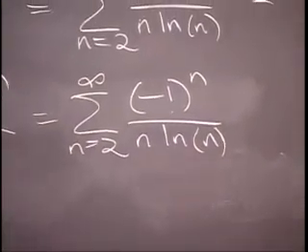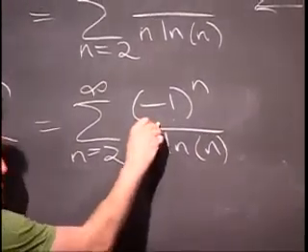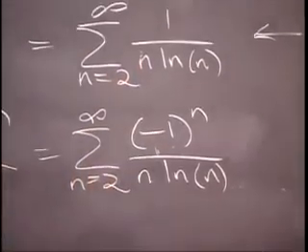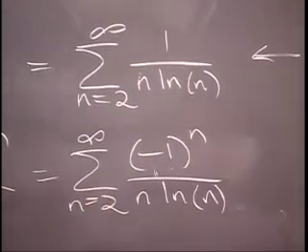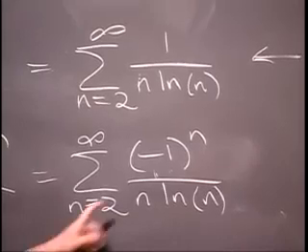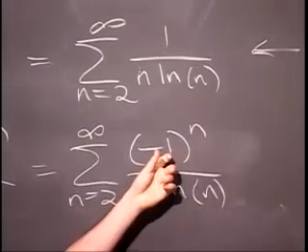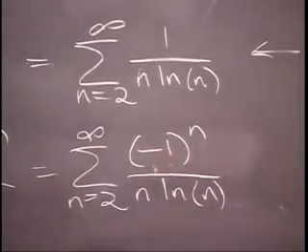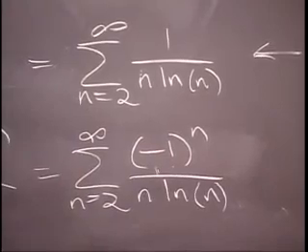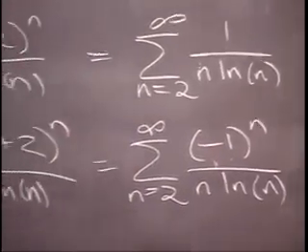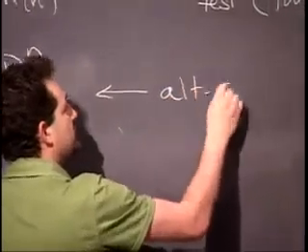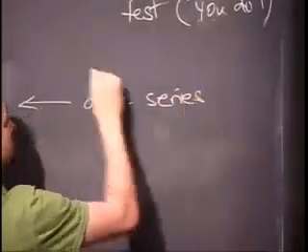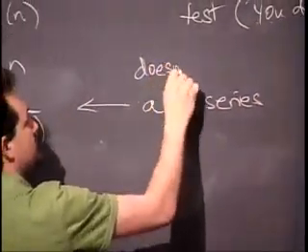The absolute version. Of course, the absolute version of this is just up here, which diverges. And so it does not converge absolutely. Without that minus 1 to the n, if it's just a 1, it would diverge. However, with the minus 1 to the n, as we've seen, you can use the alternating series test. Again, I'm going to omit the details. Alt series test, also let's say doesn't converge absolutely